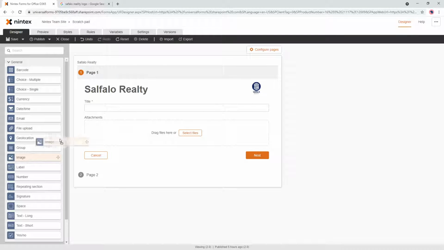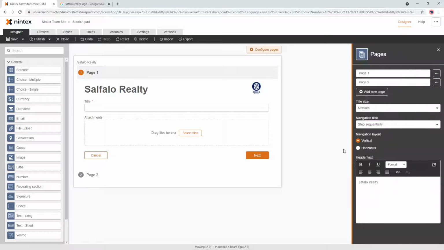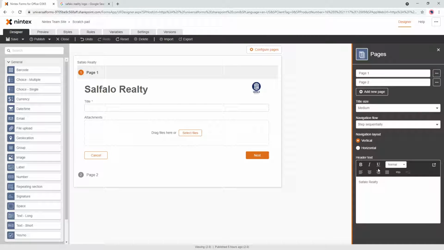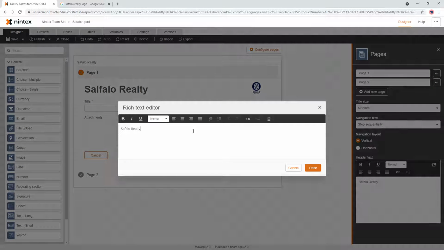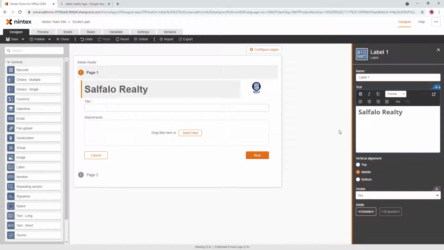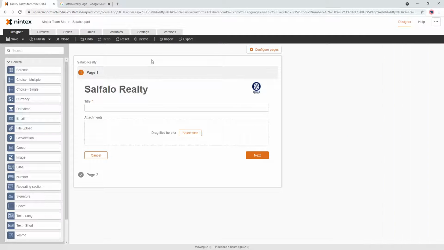I can't put an image control at the top because this is really a protected area that only allows that rich text control. So we would like to have the support of images in this rich text editor, which we are considering at the moment, and it may come in a future release. But right now, anything that looks like this control in here doesn't support images. So the same for this area here won't support images. So if you are trying to put an image icon logo at the top of a multi-page form, unfortunately that's